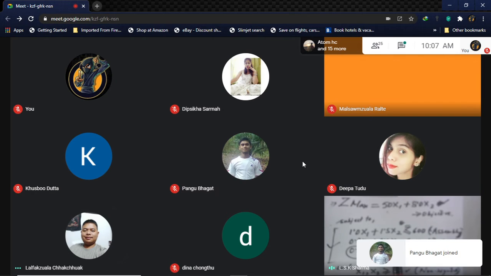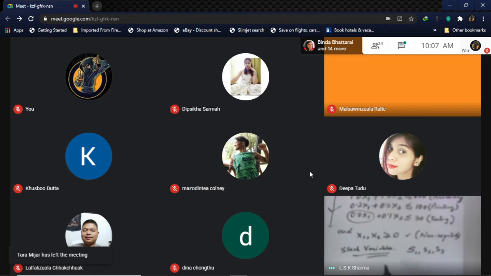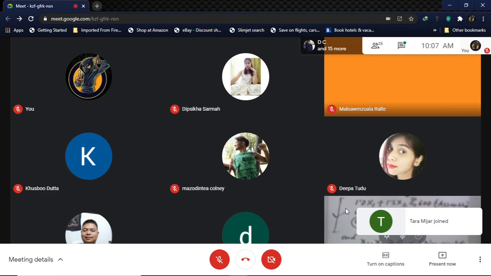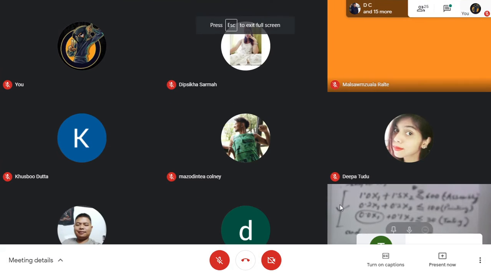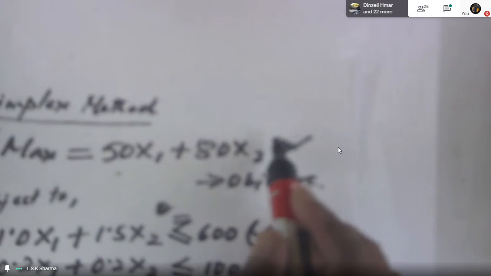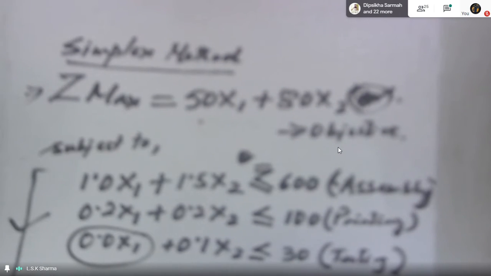Okay, so these are the slack variables S1, S2, and S3. Now I have to rewrite the whole thing again. So now I'm going to the second page. Is it clear? Now I have to rewrite the whole equation again by putting in these slack variables, and S1, S2, S3 will also be put in the objective function. So that part I'll come into. Now this is the first part. Let's go into the second part.